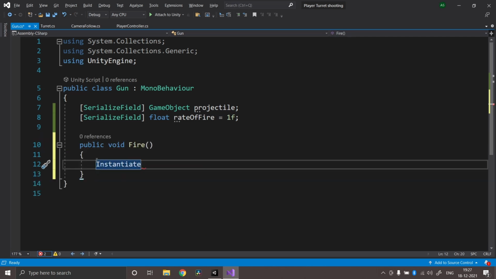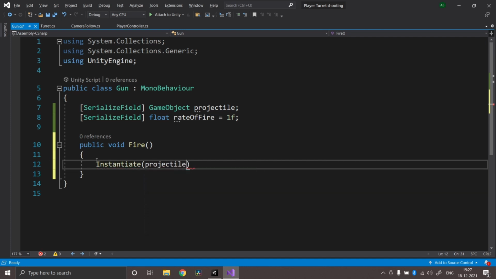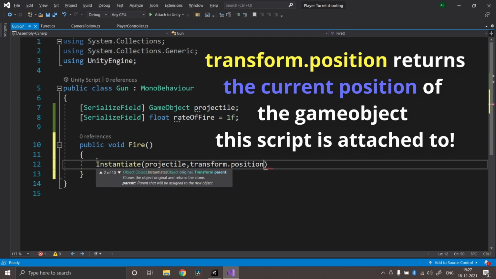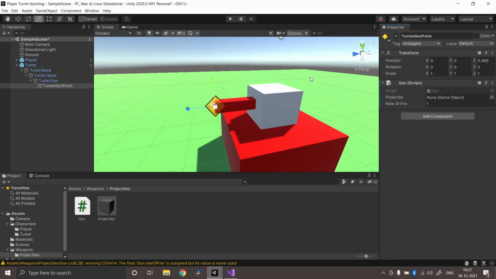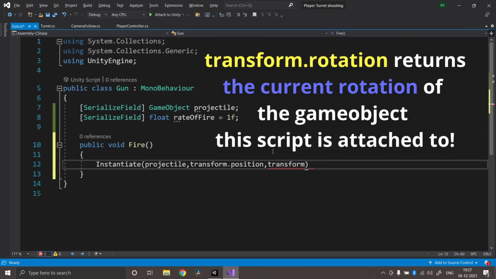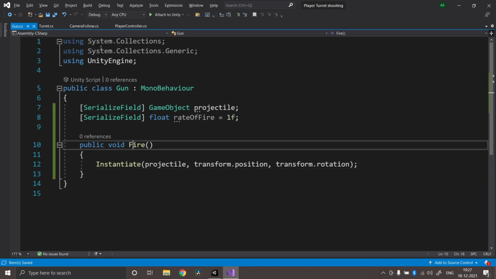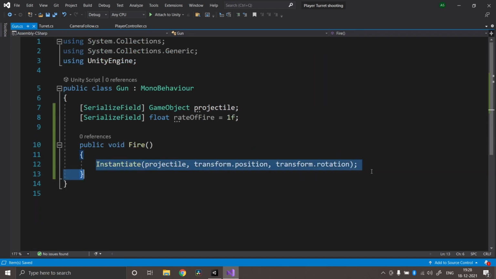we'll do is call Instantiate, and we'll provide the projectile, and for the position we'll give the position of the gun point, so transform.position, and for the rotation it should actually match the rotation of the turret, so we'll give transform.rotation. I hope this will work, but we won't be calling it inside the gun script, we'll be calling this function over in the turret. And fire just simply spawns the projectile.